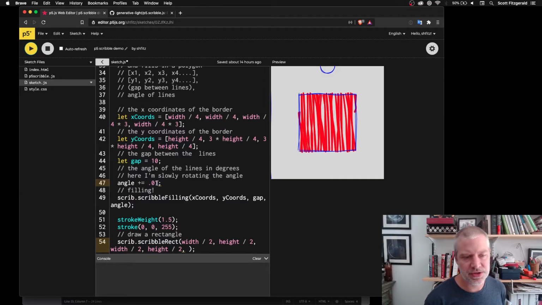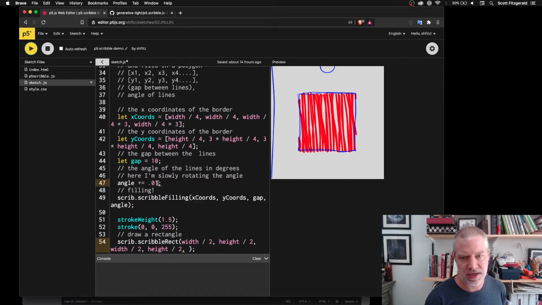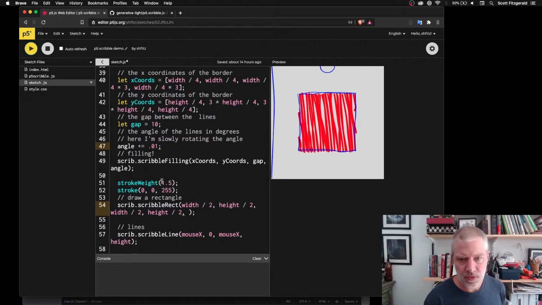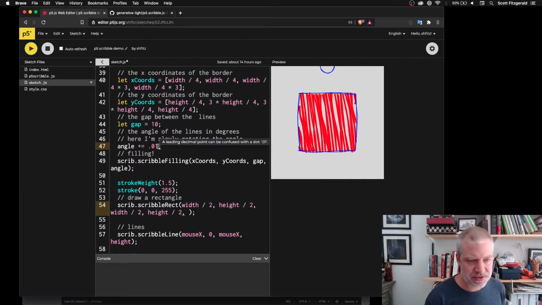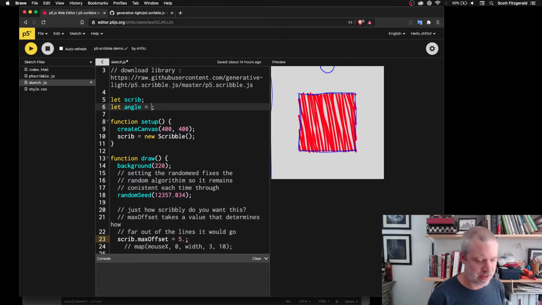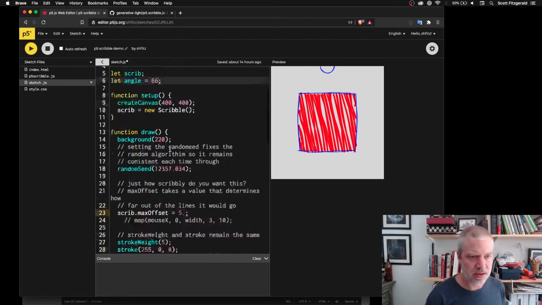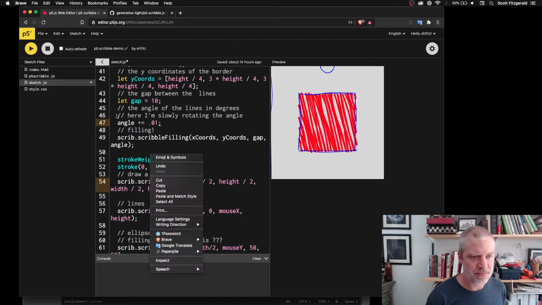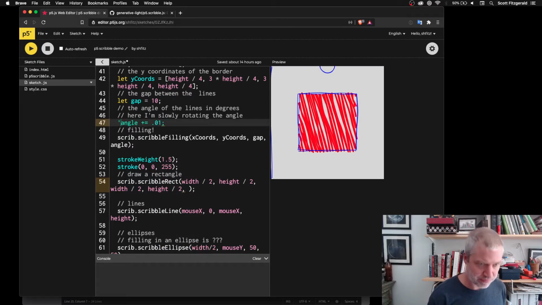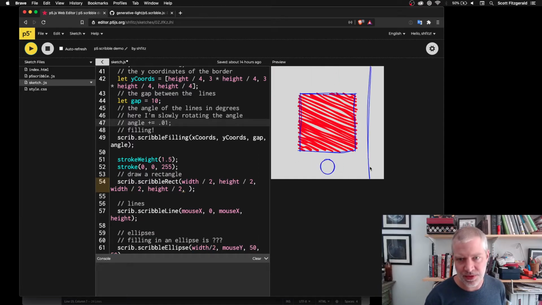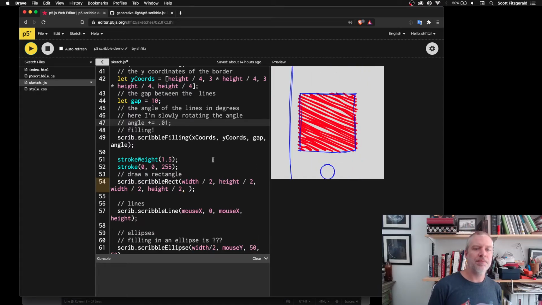And then the angle, all I'm doing is slowly rotating it, right? You could have this fixed at something, right? So you could say that the angle is going to be, if you wanted it to be just at 66 degrees, you could do that. Then it'll just be fixed in one location, right? And then